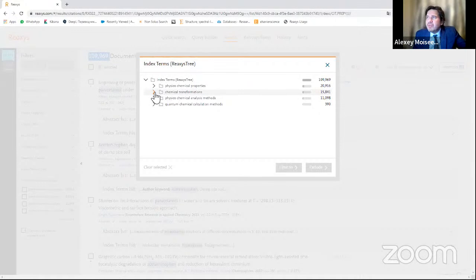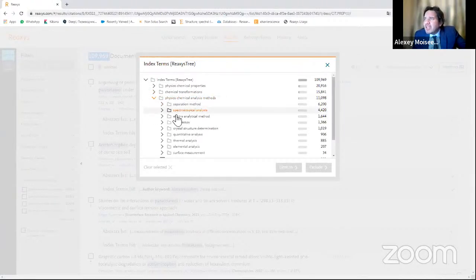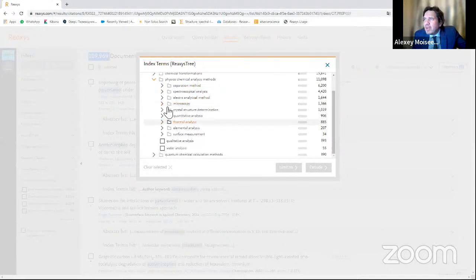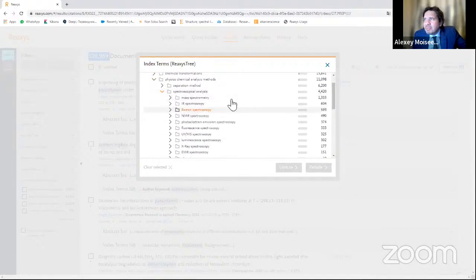Here you can filter all the information. You can sort information by different kinds of topics. If you are, for example, interested in analytical chemistry, you can find information about microscopy, thermal analysis, elemental analysis, electroanalysis, analytical methods, spectroscopy analysis. For example, you are interested in NMR spectroscopy.